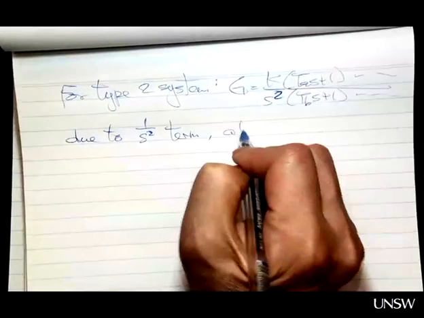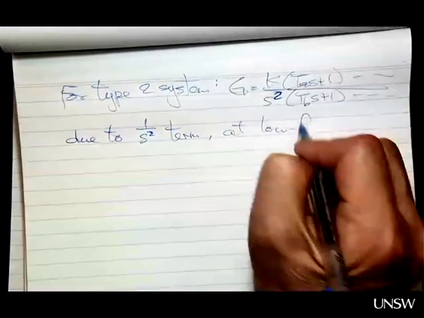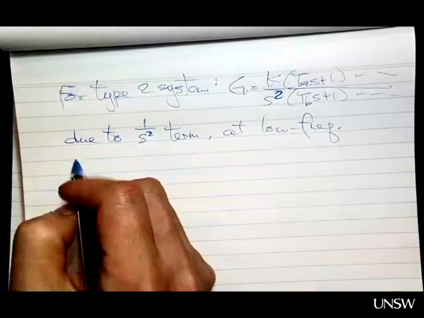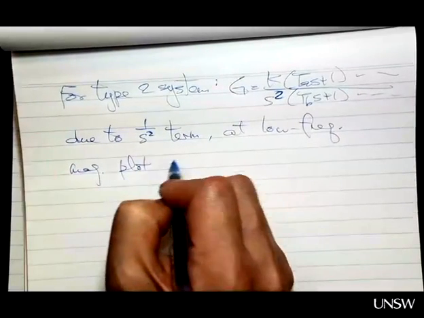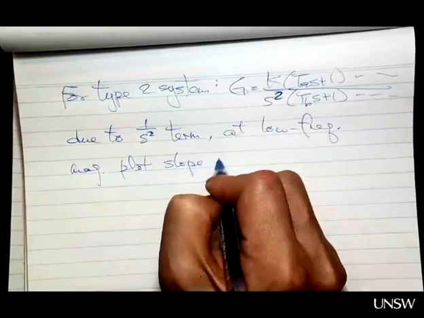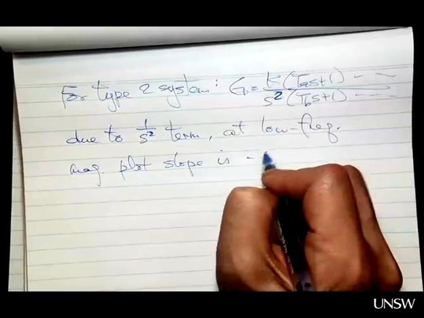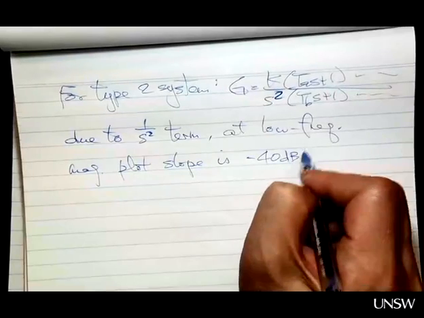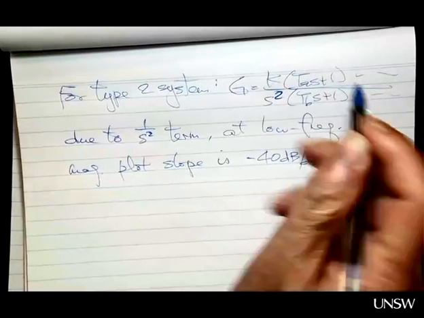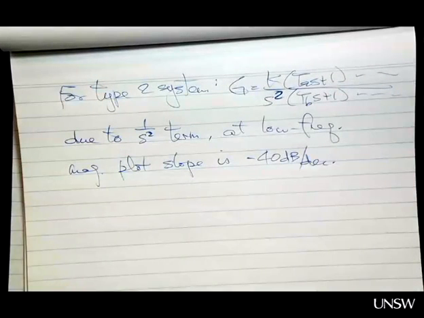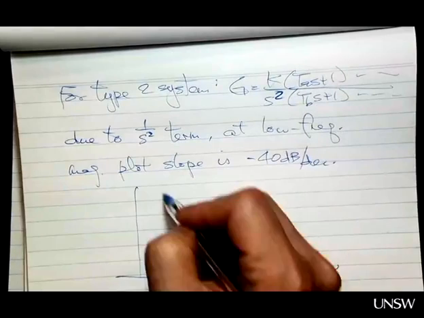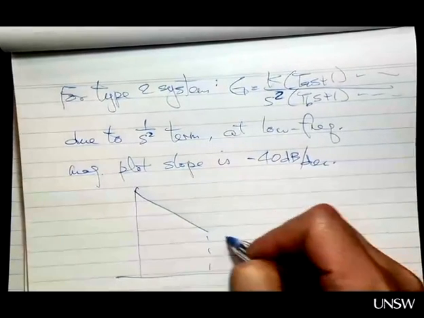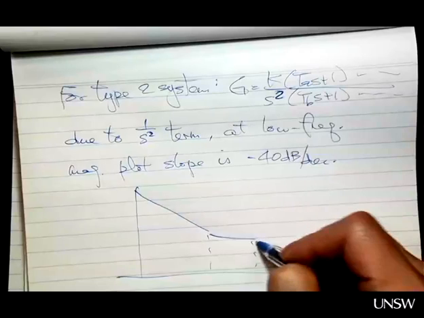then at low frequency, the magnitude plot, this slope is minus 40 decibel per decade. Then we have the Bode plot like this. So omega, then it may change like this, and then may change like this,